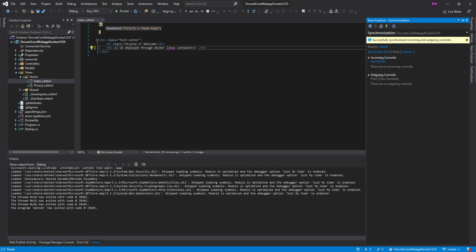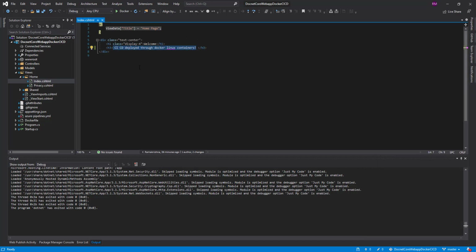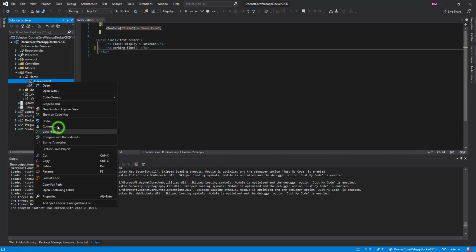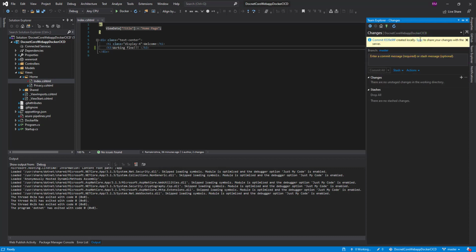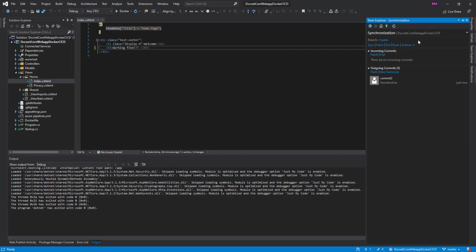So let us cross check again that it's working fine. Just change the content and commit it to GitHub. Sync with the GitHub repo.